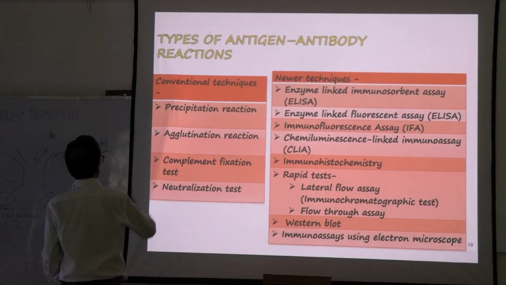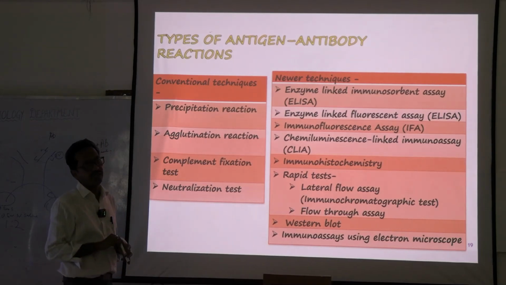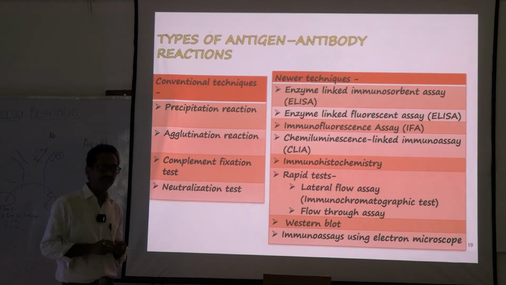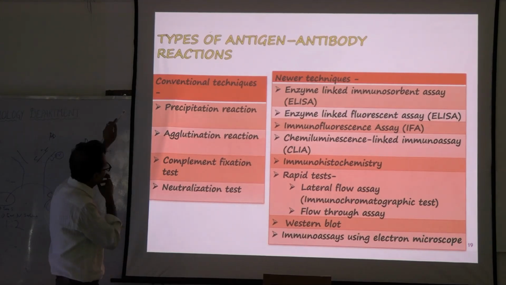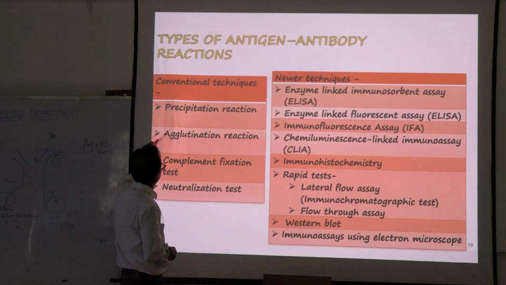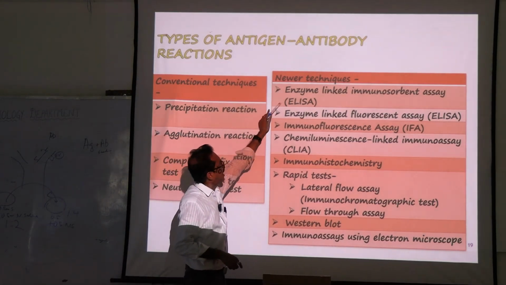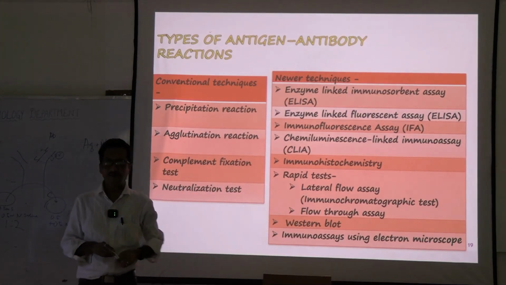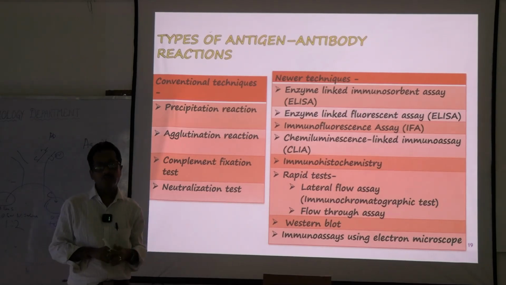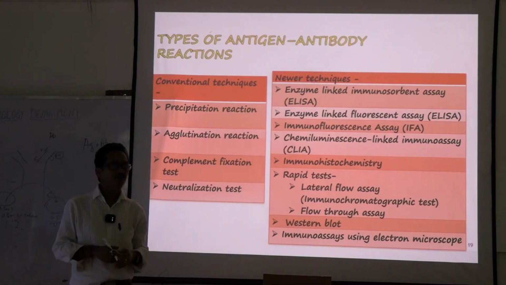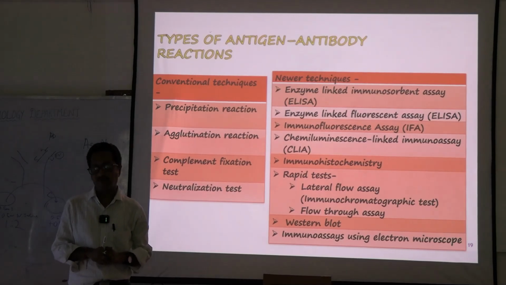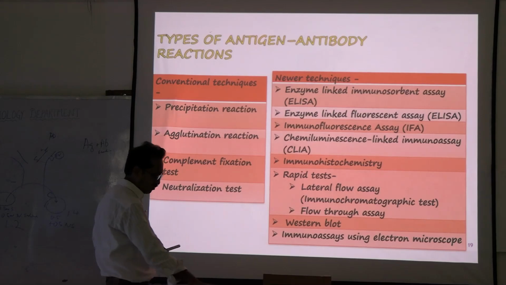So these are all the antigen-antibody tests usually done in the lab. At least remember the names, but you must know in detail about precipitation, agglutination, ELISA and also rapid tests. A few test kits are also there, so you should know these in detail. What is precipitation, what is agglutination, what is ELISA, what are the types of ELISA, and what are the rapid test kits available. So let's start with precipitation.